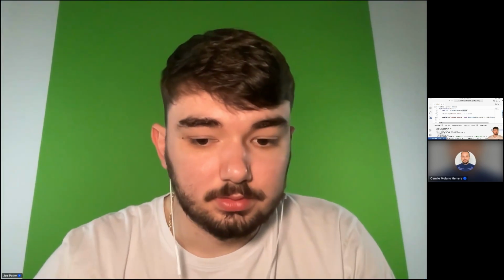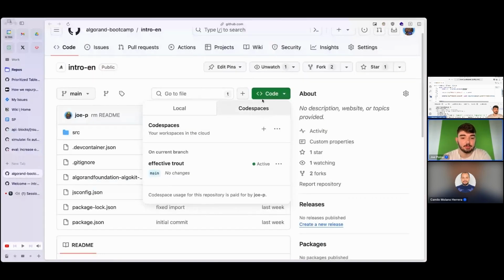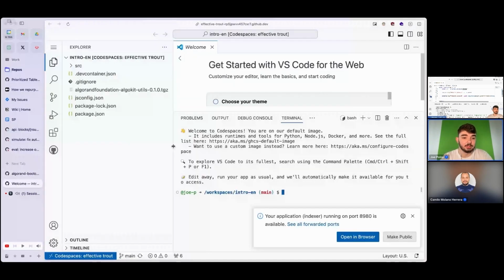Yeah, so I see some people in the chat talking about our dependencies. So let me share my screen and just show you real quick what we have to do to get set up. Okay, so again, we're going to start off by doing the drop down, and we're going to start a codespace. And if we open up our codespace, we should see a VS Code